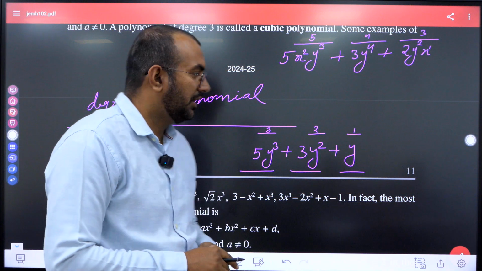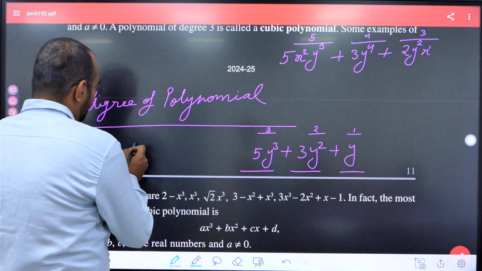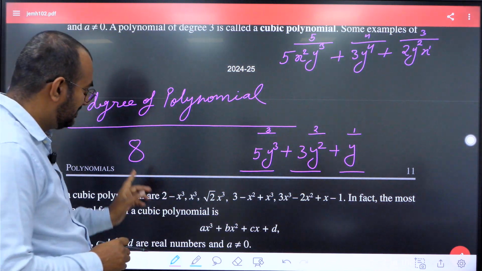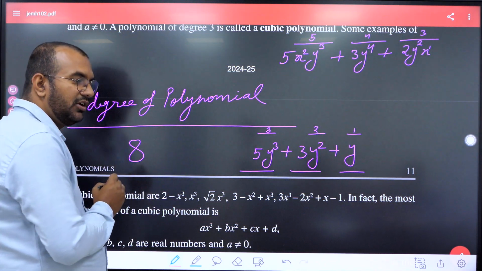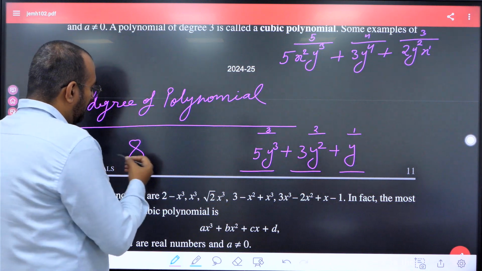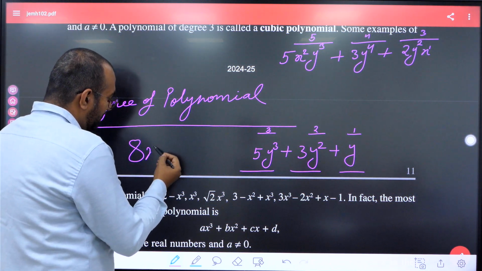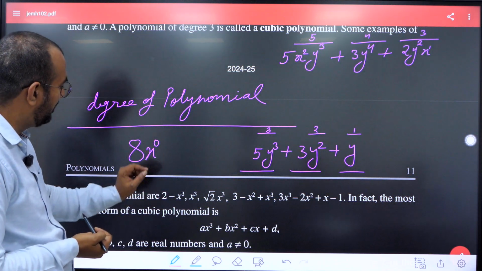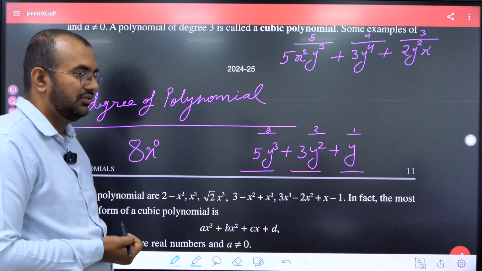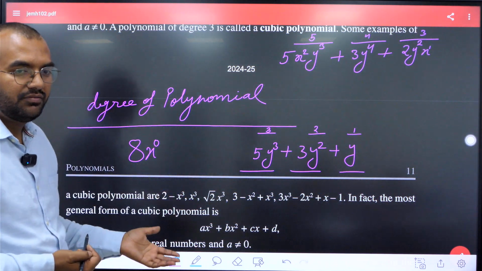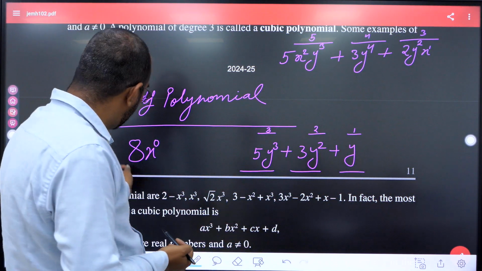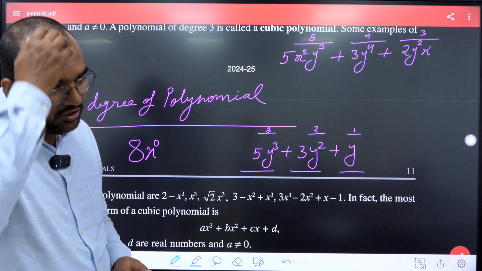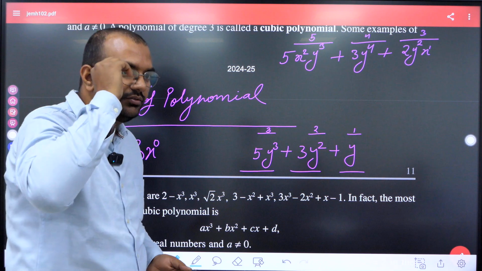तो डिग्री, I hope कि आप समझ गए हैं। एक कांस्टेंट पॉलिनोमियल ले लीजिए 8, इसकी डिग्री क्या है? 0। The degree of constant polynomial is 0. How, beta? You can take a variable here as a raised to the power 0. Okay, here the variable's power is 0, so the degree is 0. So the power of constant polynomial is always 0, and you can say that the degree of constant polynomial is 0. Constant polynomial की डिग्री हमेशा क्या होगी? 0 होगी।